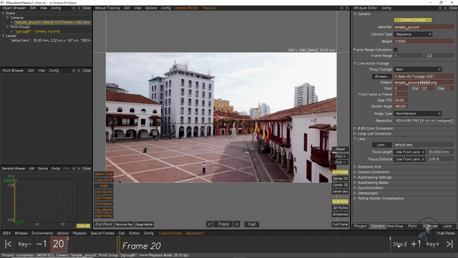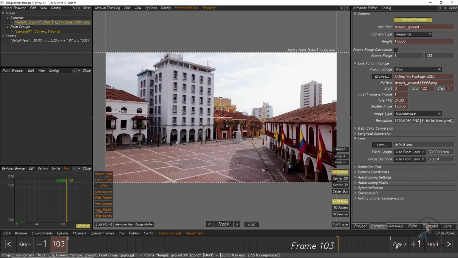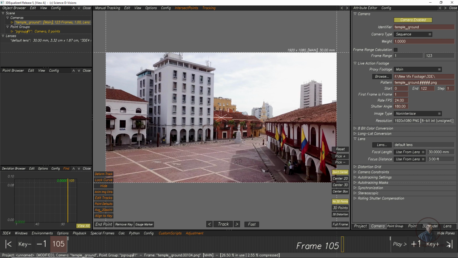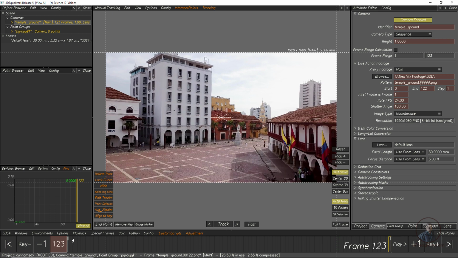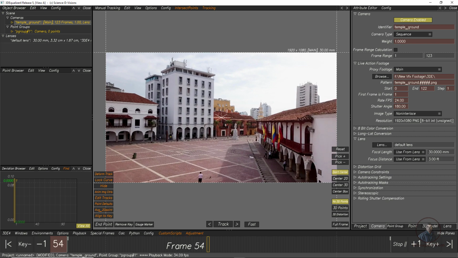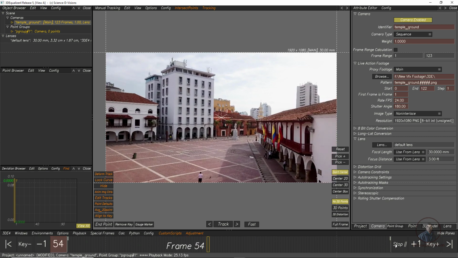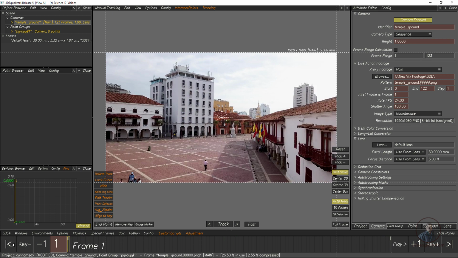3D Equalizer by default changes this timeline duration according to the footage. As you import your footage, this will automatically change according to the footage frames or footage duration. Now you can simply play, then stop it here, and if you want to move frame by frame, then simply click, and if you want to jump, you can also click here. Same as here, this is our starting frame. For playing, if you want, you can also press the spacebar. This will play your footage inside 3D Equalizer. Now again stop it here. Now again click on this first frame option.